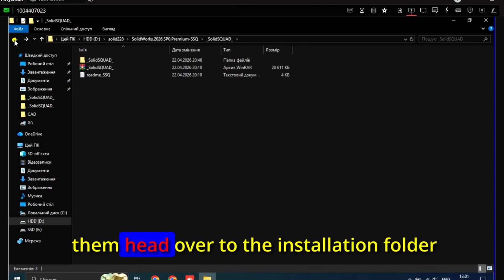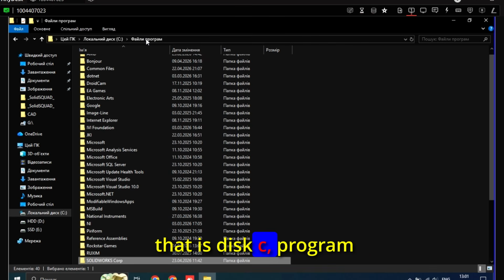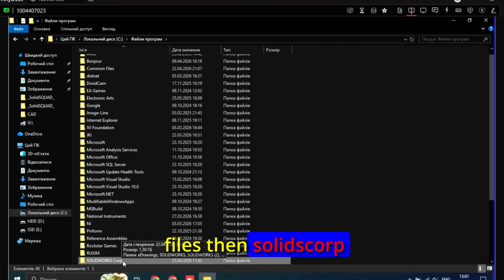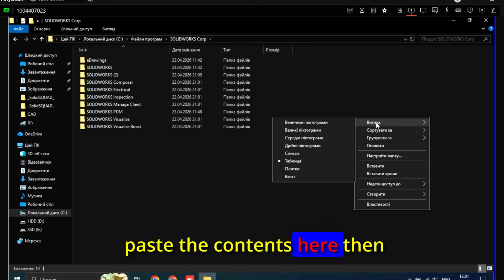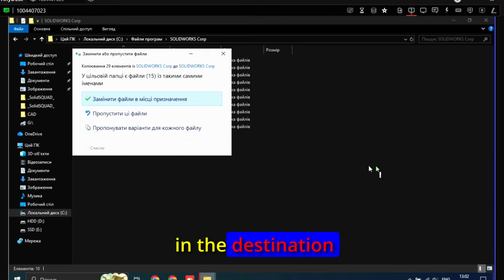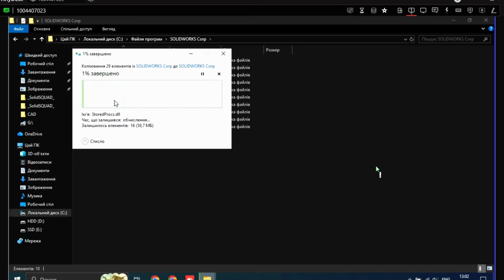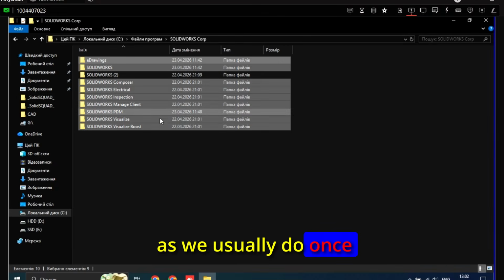Once you copy them, head over to the installation folder. That is disk C, program files, then SolidScope. Paste the contents here. Then remember to always replace the file and the destination, as we usually do. Once that is done,